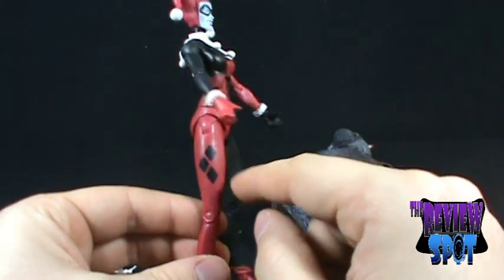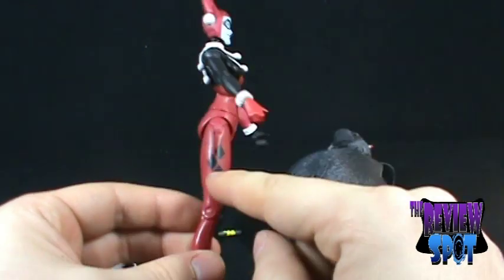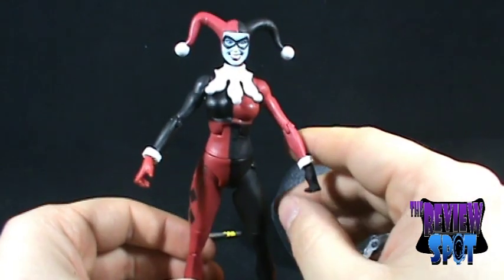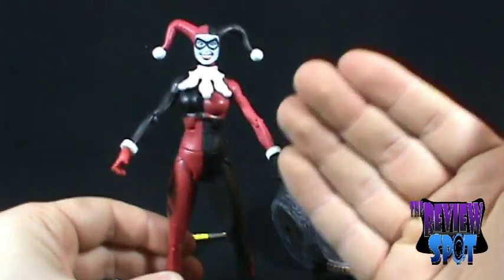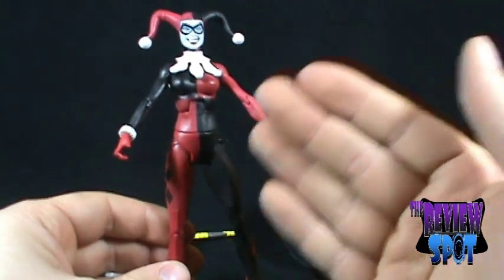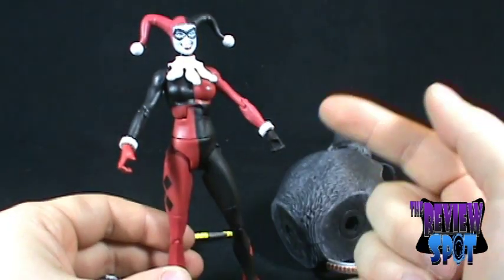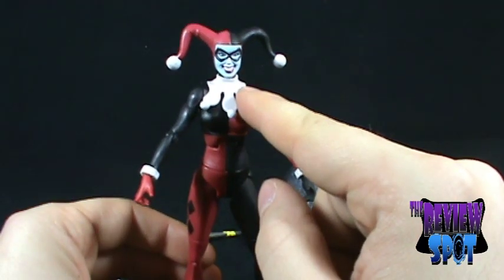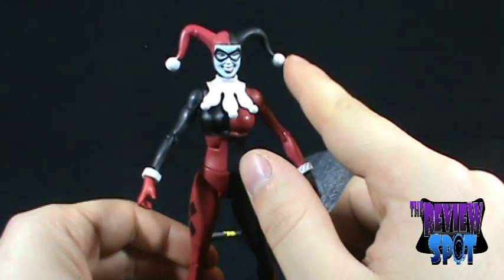I find that just like the red, more so than the black, but I find the red is just a very dark, dingy red. It would have been nice if it was a bright red. But the one problem that I have with this figure is that aside from the black, the red, she also has white. She has white in her sleeves, she has white in her collar, and she also has white on her hat,